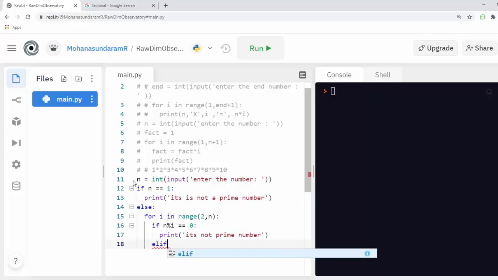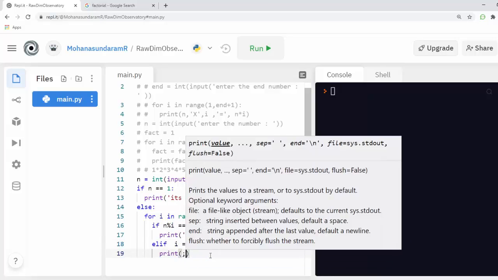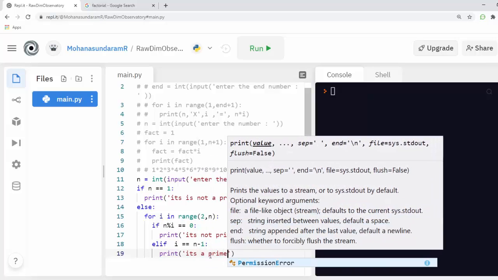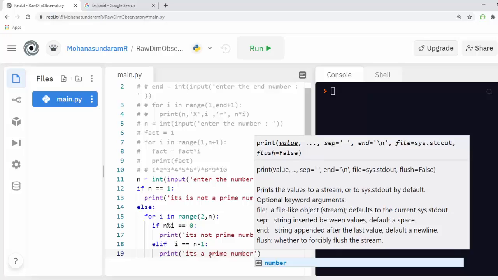Elif, I'm creating another statement here: elif i equal to n minus 1, I'm going to print it's a prime number.